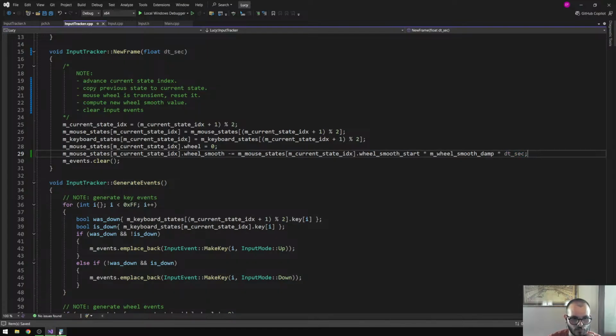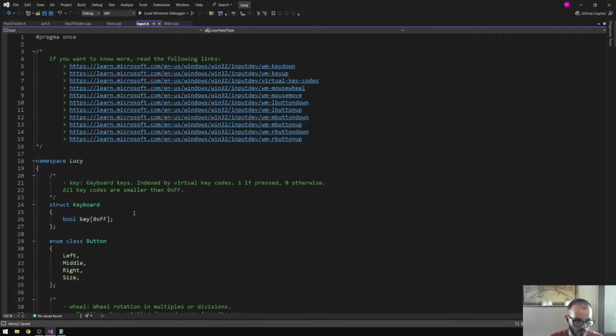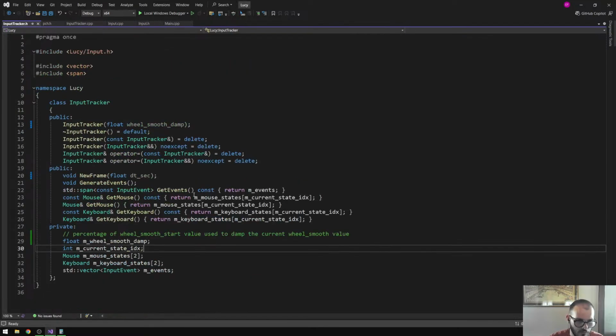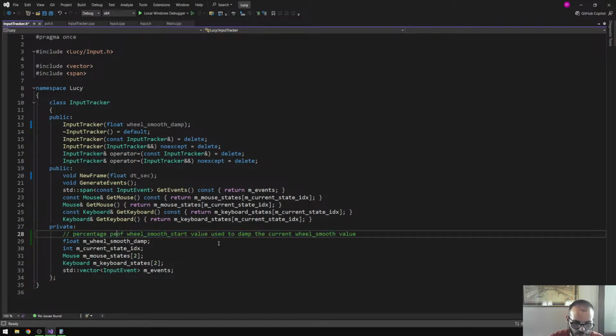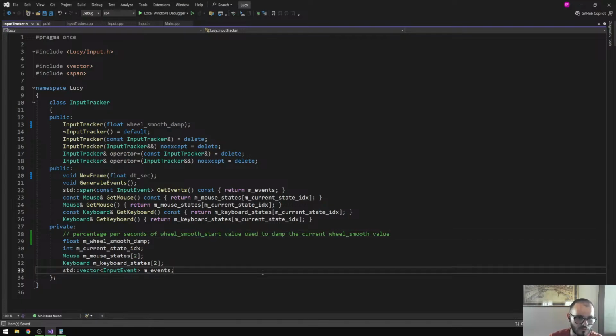Okay, so for example, this is the percentage of wheel smooth start value used to damp, the percentage per second of, okay,